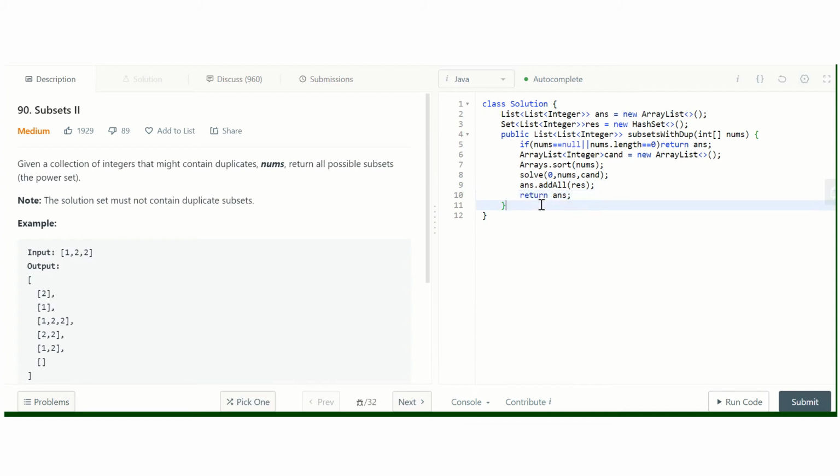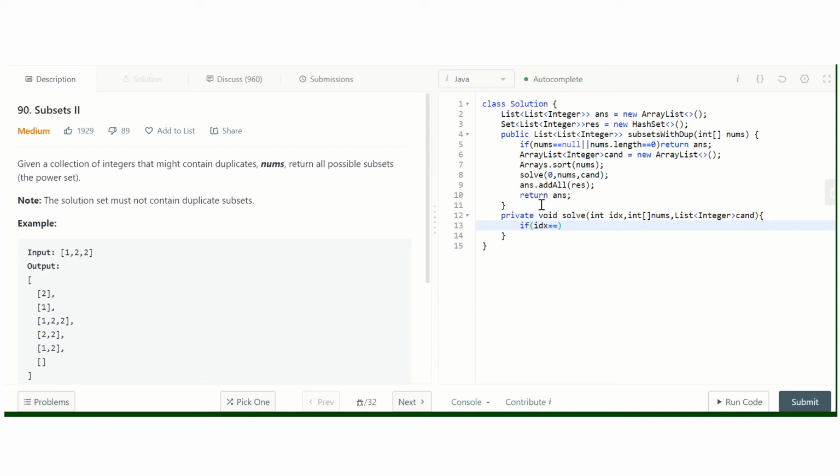Now we need to implement this backtracking function. Private void solve, with int idx, int[] nums, and List<Integer> candidate. If our index reaches the length of the nums array, then we know that we got a candidate subset, so we need to add it to our final result.